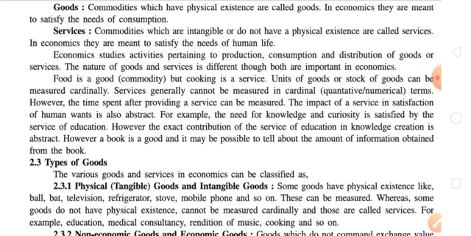Units of goods or stock of goods can be measured cardinally. We have two different points: the first one is cardinal measurability and the second one is ordinal measurability. Cardinal measurability means we can quantify them, or measure them in numerical terms. So units of goods or stock of goods can be measured cardinally, that is, we can measure in number of items or number of units, like I have 2 shirts or 3 shirts or 5 shirts, or 2 pairs of shoes, 3 pairs of shoes, etc.